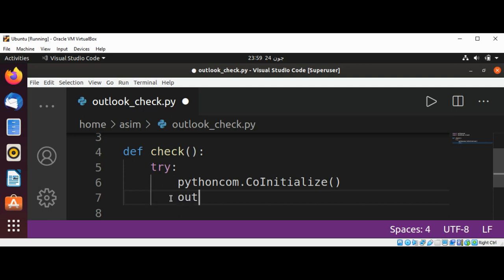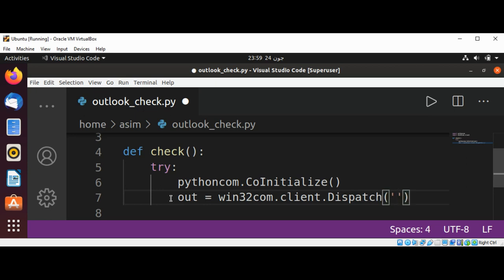I will name it out, and by calling win32com.client.Dispatch,